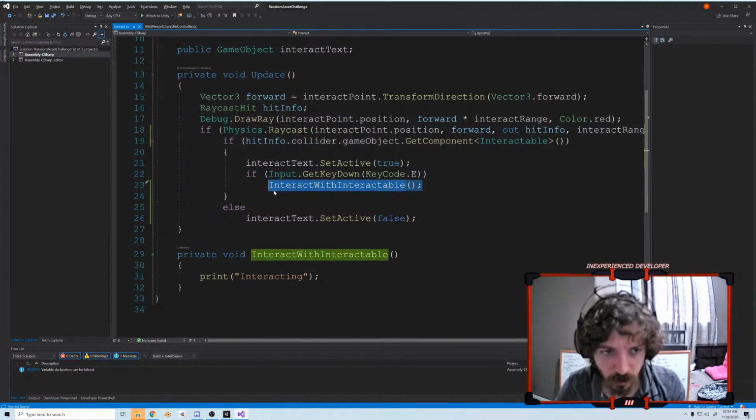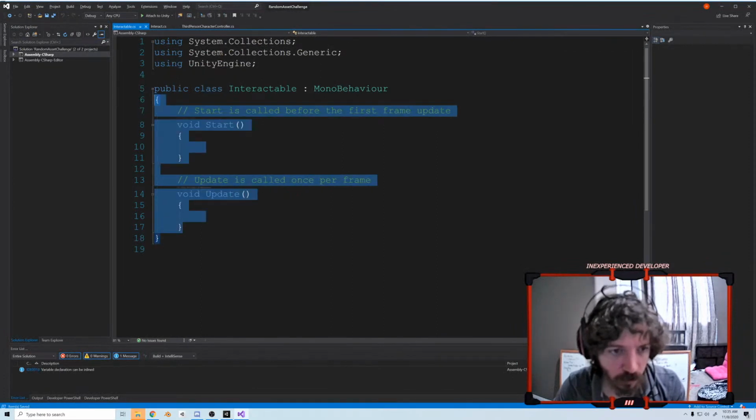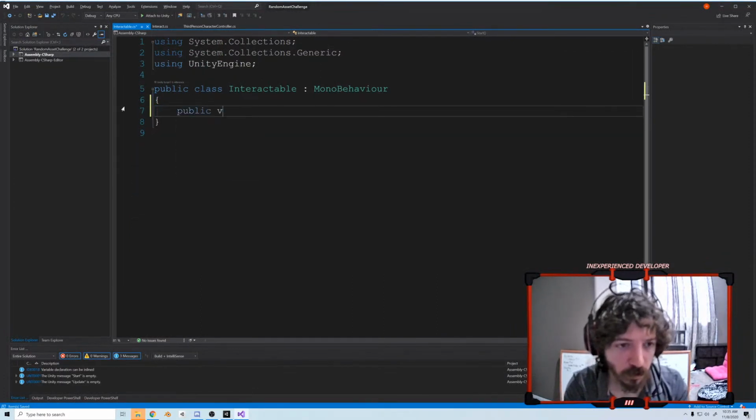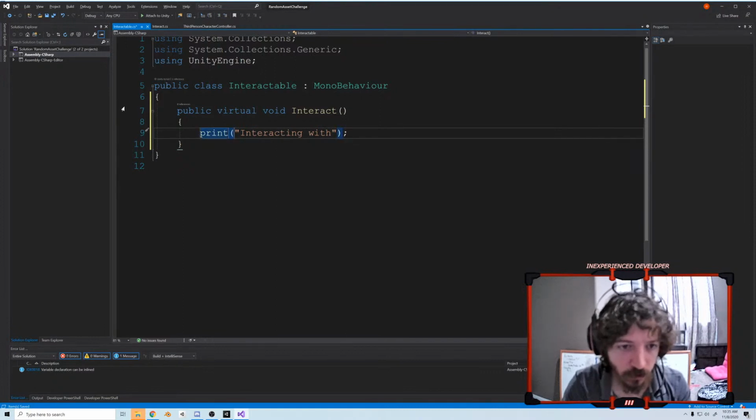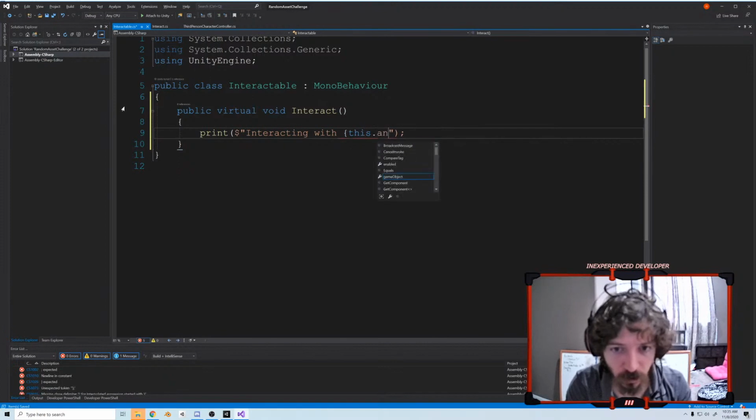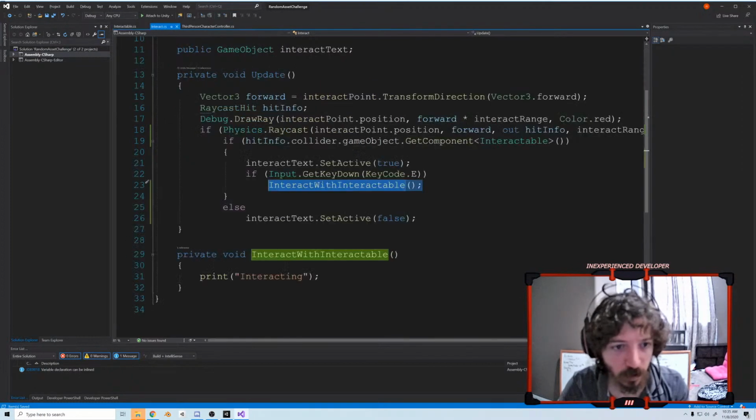Well, we should make this into a, I think I got this. So, interactable. We're gonna do a public virtual void interact. That'll print interacting with this.gameObject.name, that should be good. It'll tell us what's really going on. Then we'll just do